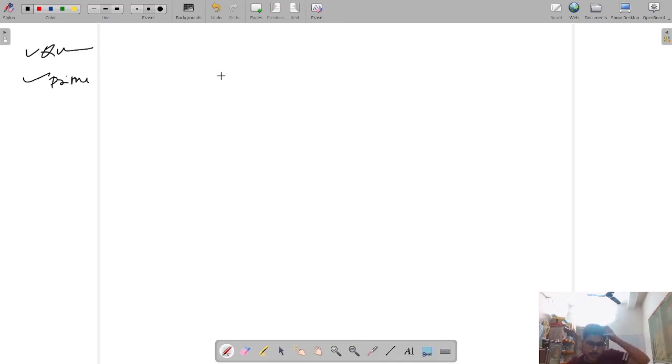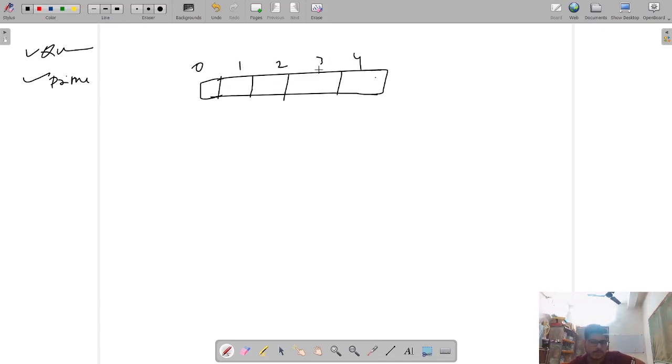So suppose I create an array of size 5. This is for checking 0, 1, 2, 3, 4. So for this one, how does it work? Firstly I put true values everywhere. Then I will put 0 and 1 as false. Then I will check from 2. So 2's multiples